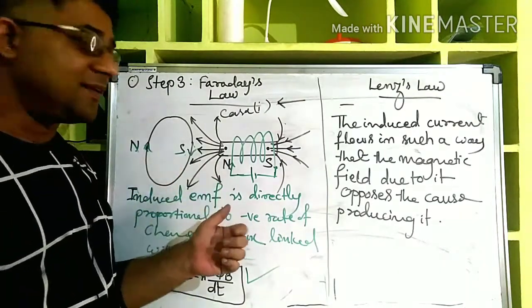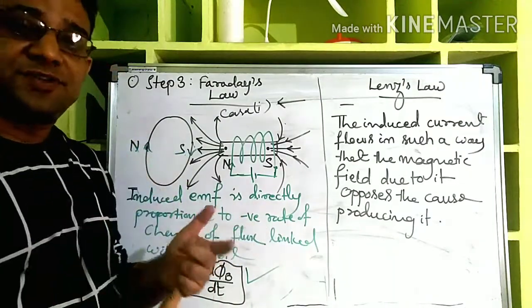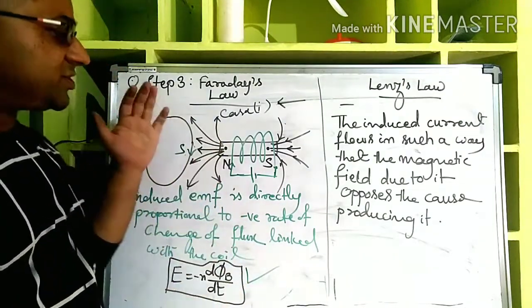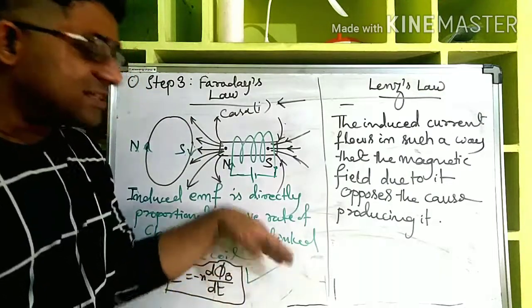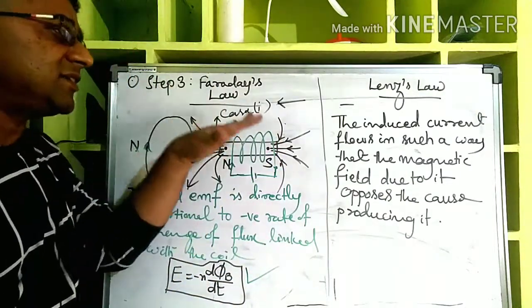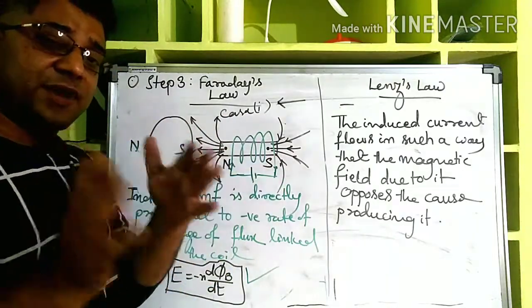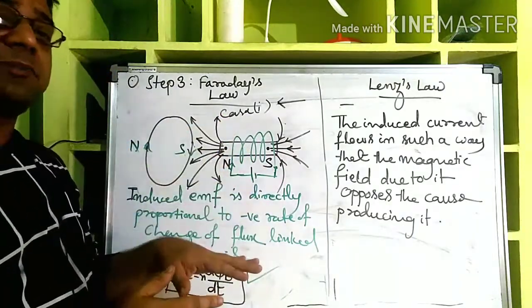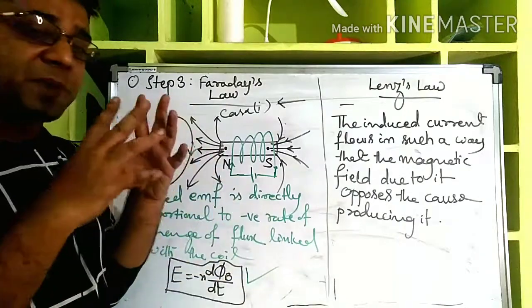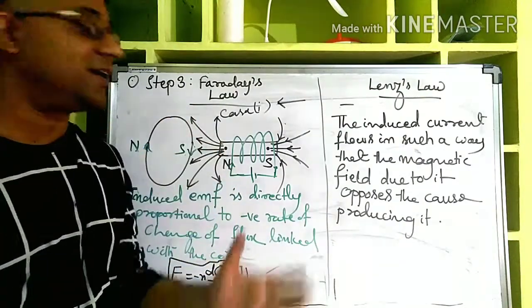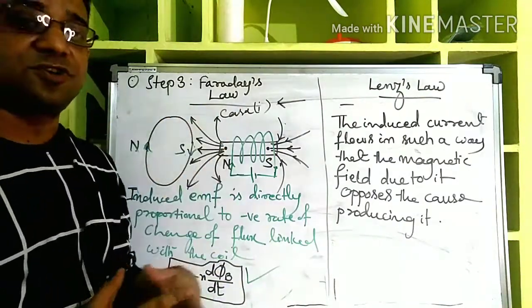And along with this, you have observed the first part also. After this understanding you can see the first part, or after seeing the first part you generate some interest, and if you have understood already and have left it for a few months, then you can come back to this. In any way, both the parts together will give you a concrete idea of what Faraday's law and Lenz's law are talking about.